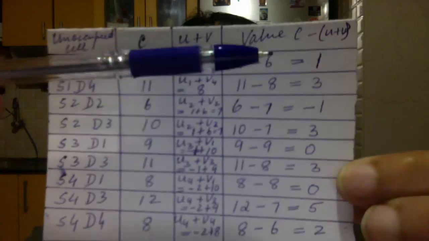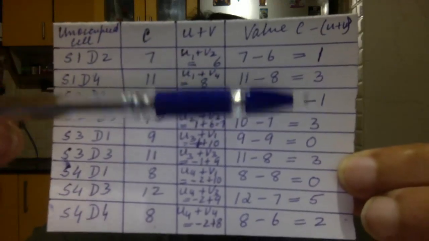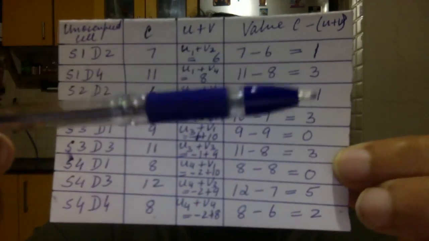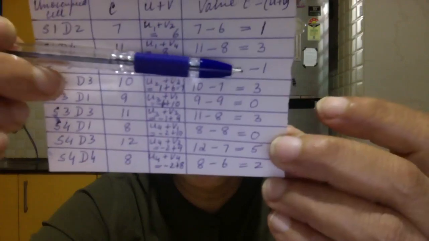As you can see, guys, there is a negative 1. Others are all positive or 0. You should not get a negative 1. Since you get an answer of minus 1, the solution we got is not optimal. Write down, since we got a negative value, the solution is not optimal. You must get 0 or positive.